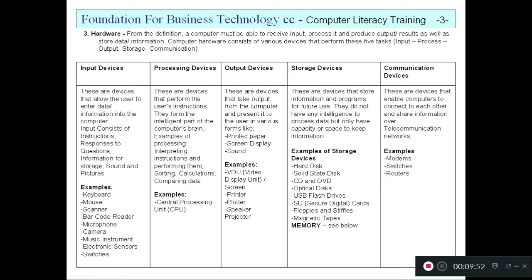Then the computer needs a processor, which is the processing device. So the processing device is the brain of the computer. So it's like when you receive information, you have to think on it, or you have to calculate the information. If I simply say to you, what is 3 plus 4? So the words that you hear from me, those are the input. And you hear through your input devices, which are your ears. But your mind is the one that does the calculation and gives you the answer of what is 3 plus